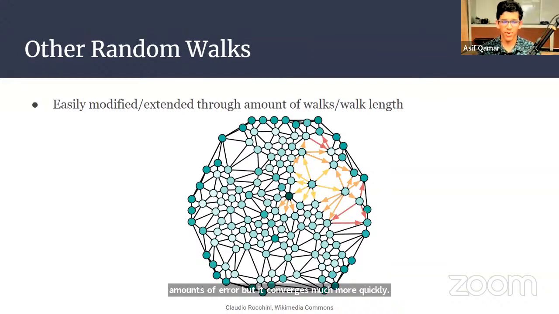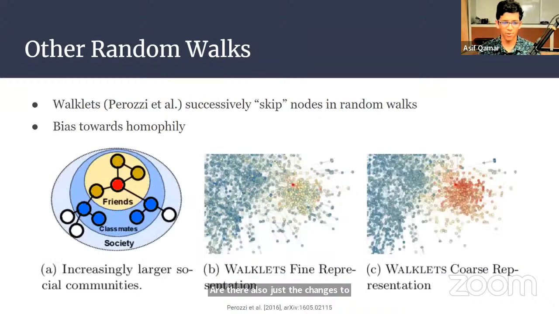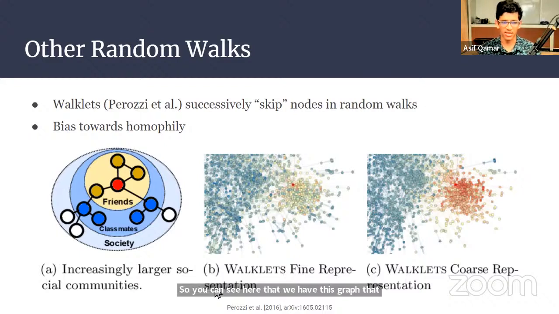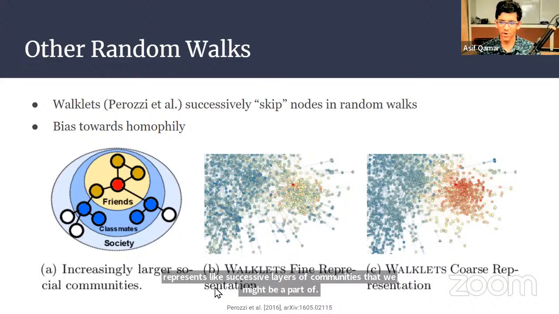And so, other types of random walks. The thing is that random walks are really modular per se, because you can easily modify or extend them depending on the number of walks or the walk length that you use. There are also just changes to the algorithm. For example, we have walklets, which skip nodes in random walks. You can see here that we have this graph that represents successive layers of communities that we might be a part of. So what walklets does is that, in order to represent each layer of these communities,